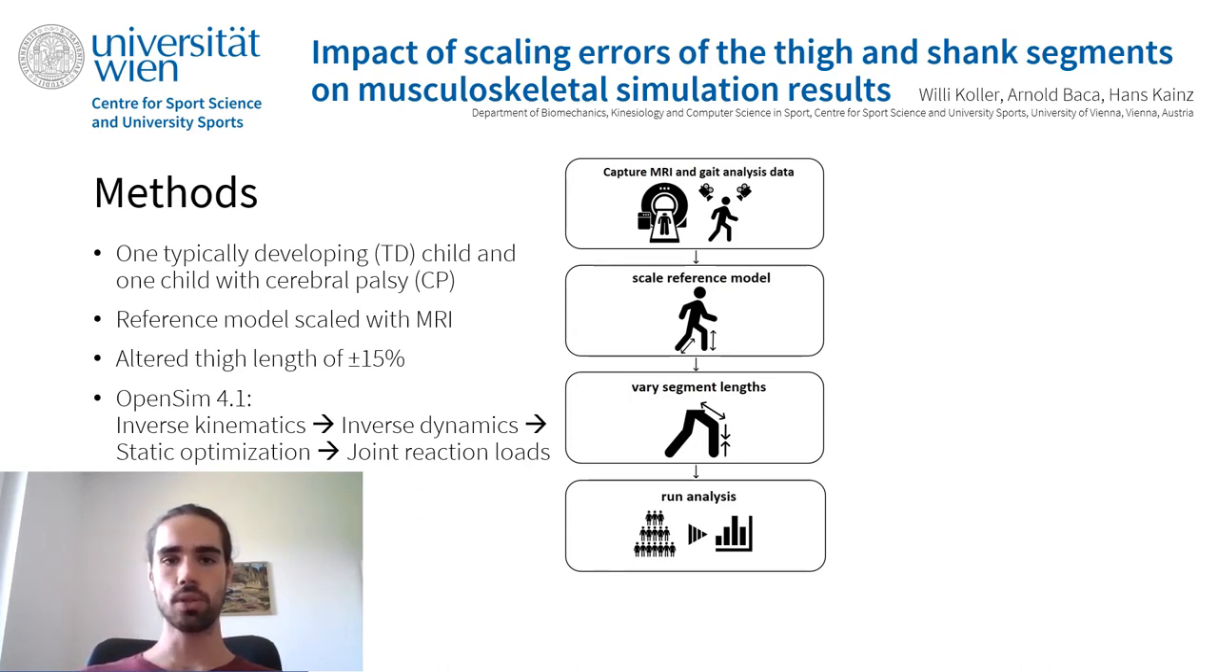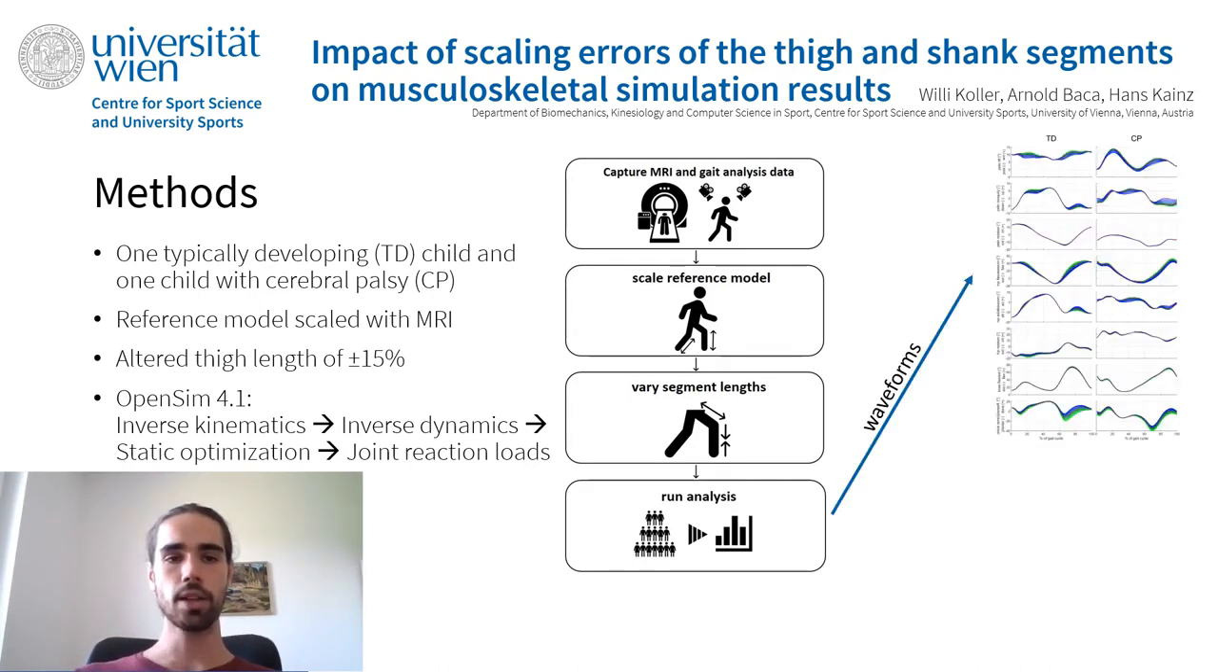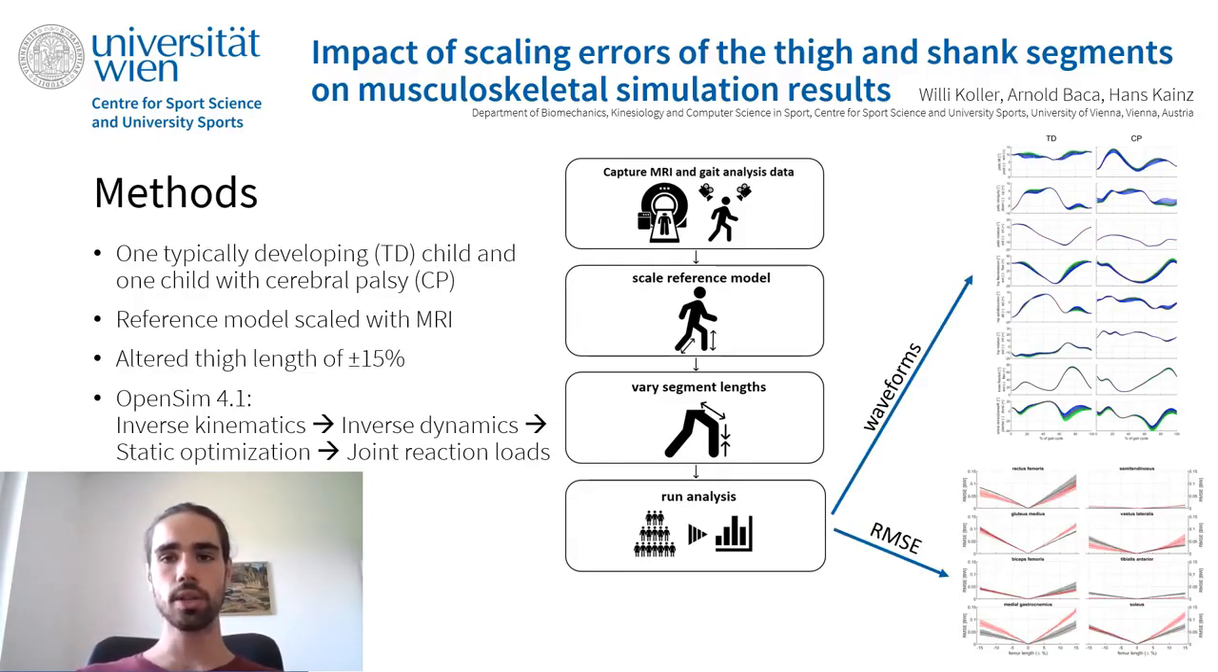Subsequently, the reference and all adjusted models and the corresponding gait analysis data were used to run inverse kinematics, followed by inverse dynamics, static optimization by minimizing the sum of squared muscle activations, and joint reaction load analysis with OpenSim. Finally, we compared the waveforms of all these simulation results between the reference and the adjusted models. Also, the root mean square errors were calculated to get a better overview of the impact of the scaling error